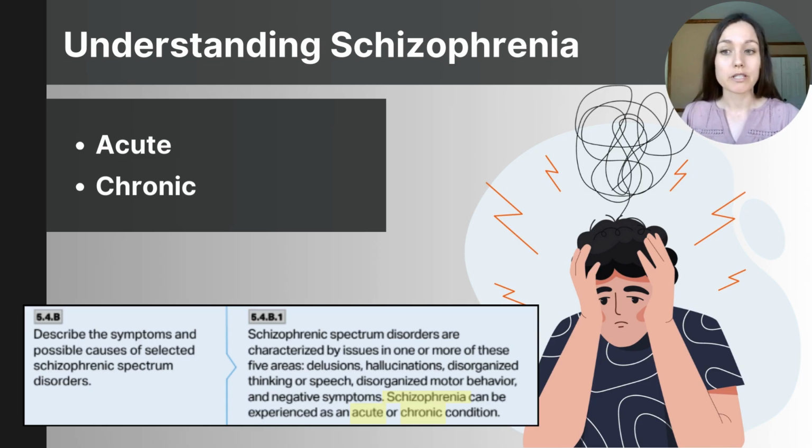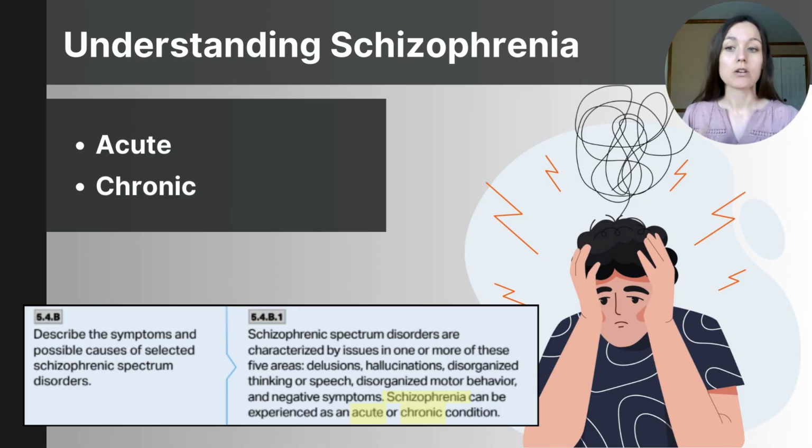It's also important to know that untreated psychosis sometimes leads to unpredictable behavior, but that does not mean violence. In fact, people with schizophrenia are more likely to withdraw from others, and they're more likely to be victims of violence than perpetrators. Schizophrenia is diagnosed when a person experiences at least 2 of the following 6 symptoms: delusions, hallucinations,